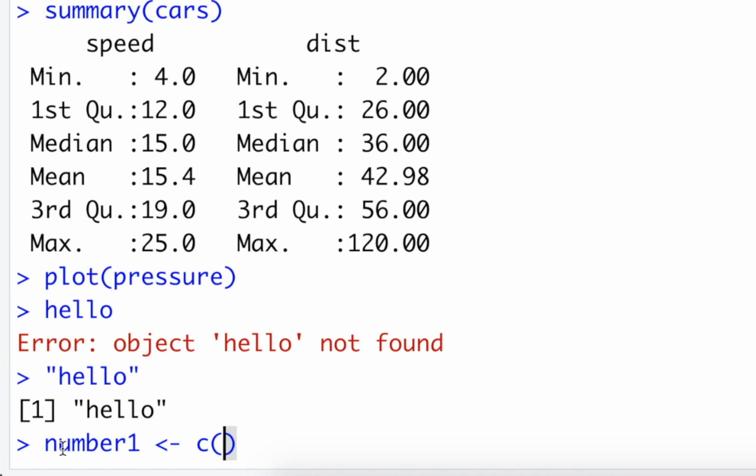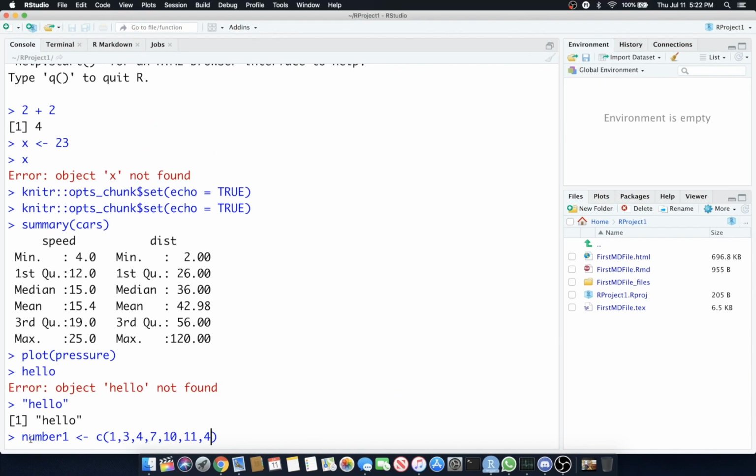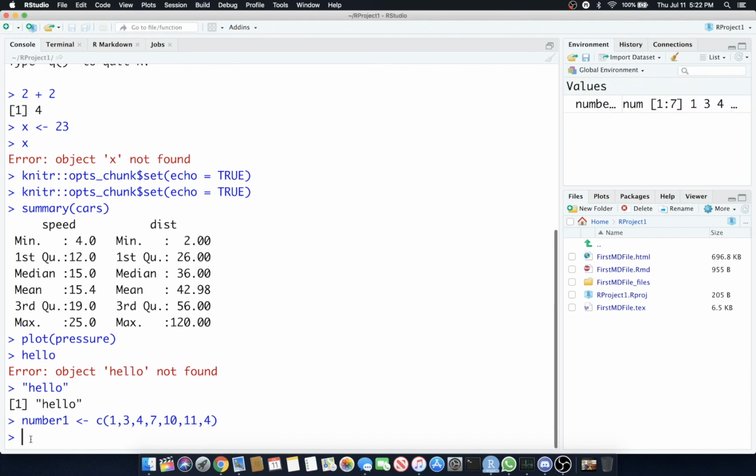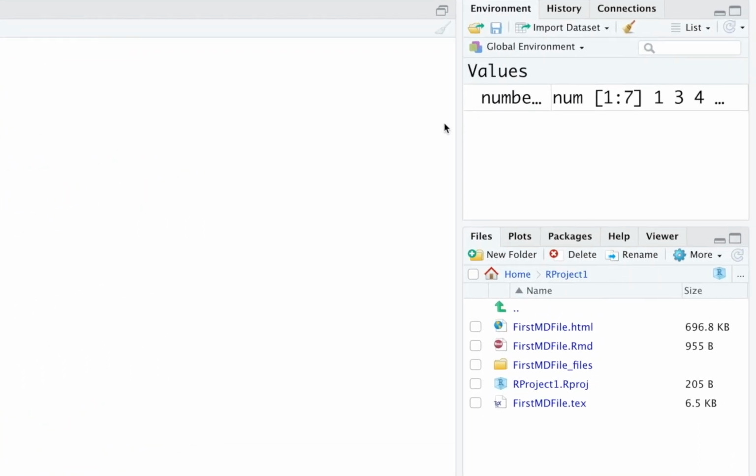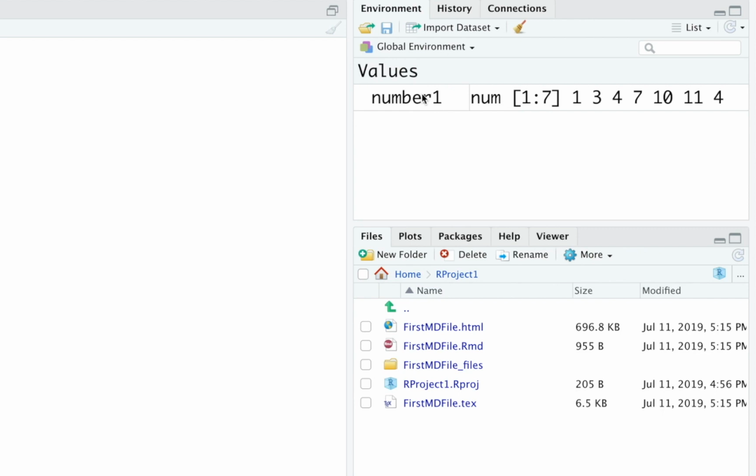So maybe 1, 3, 4, 7, 10, 11, whatever we want to put in there. These happen to be all integers. Now remember, we're in the console. You can just hit the enter button. Boom. Now you'll see in your values up here in your global environment, the variable called number 1 takes on the values. Some of this notation is a little bit confusing. It takes on the values of num, which is numeric,